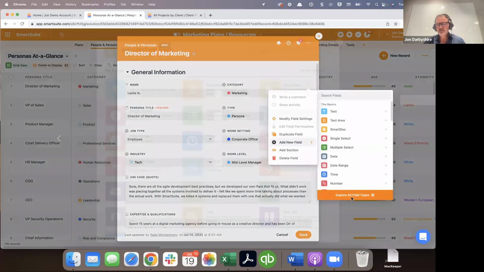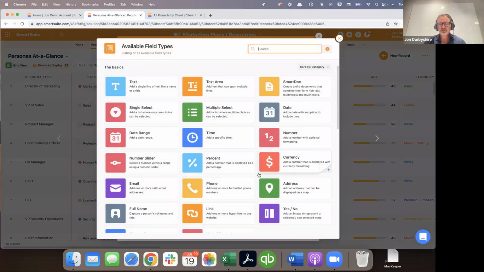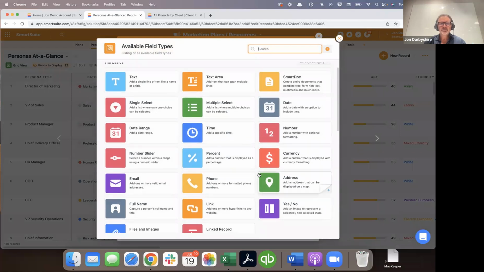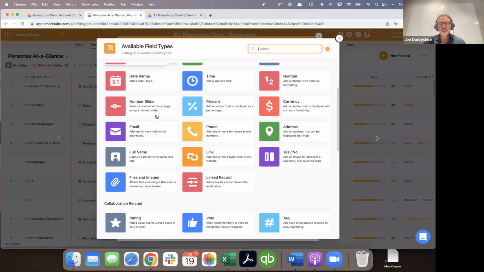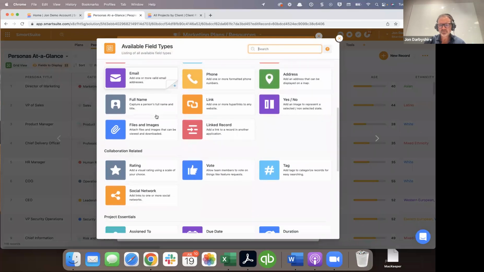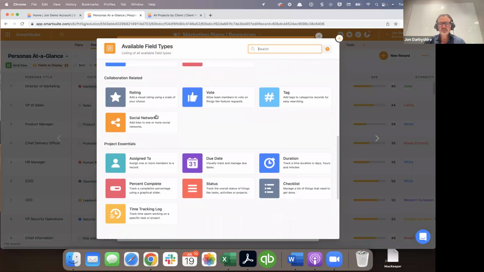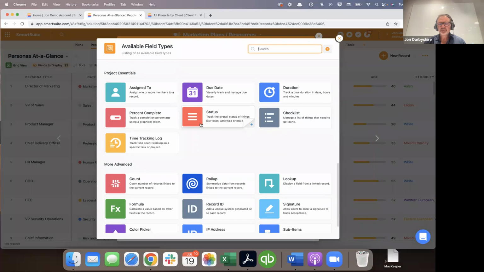If you're just getting started, you can click on Explore Field Types, and we'll show you a listing of each field type that's available in SmartSuite, from some of the basics like text and text areas and selections and dates and numbers, emails, phones, addresses, those types of things, to more collaborative types of fields where you want to have somebody provide a rating, or you want people on your team to vote and keep track of who's voted. Maybe you want to add tags, you want to link to people's social networks,